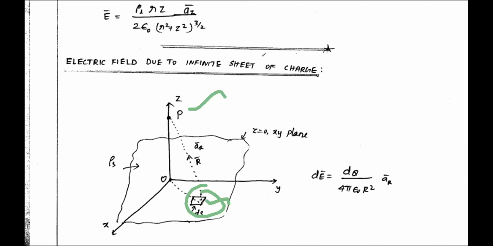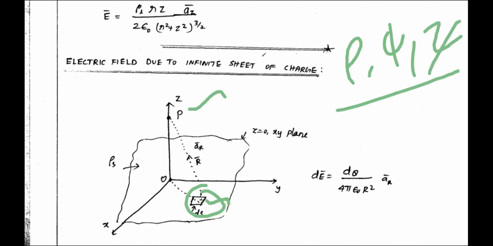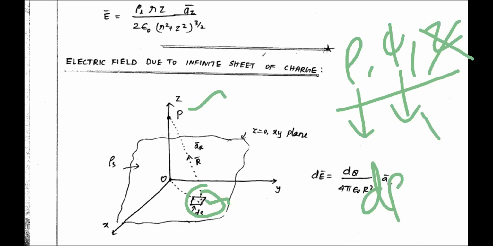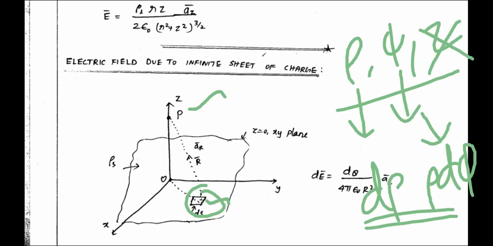Once you are in the base plane, your z is constant. In the cylindrical coordinate system rho, phi, z, whenever you are in the base plane, z is constant, then the variation is from rho and phi only. So rho variation is d rho, and phi variation is rho d phi. Or instead of rho they can use r also, no problem. So d rho d phi. If you multiply these two, you will get a small elemental area ds.